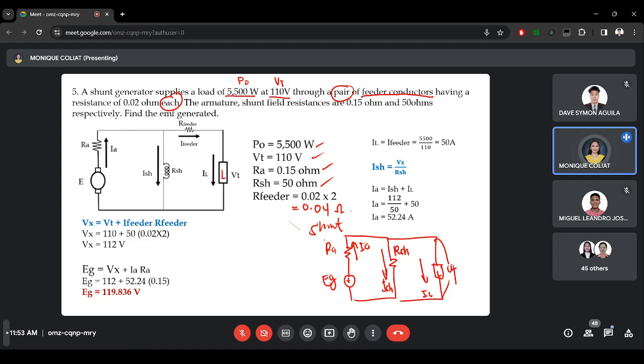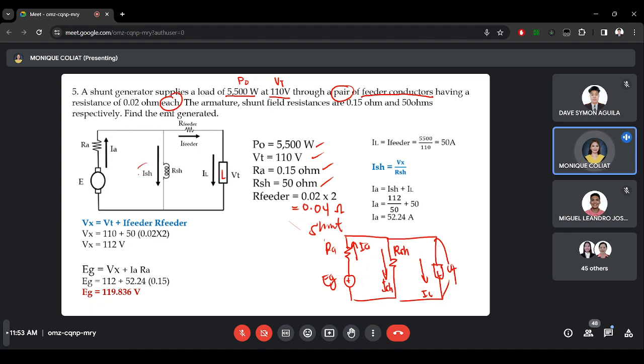Okay, yung pagkuha ng VX kapag naka-short shunt generator tayo, and yung ISH, pagkuha ng ISH, that is VX over RSH na. But the rest is just the same. Okay? So, yung pagkuha ng EG dito, napansin ko lang is, dito siya